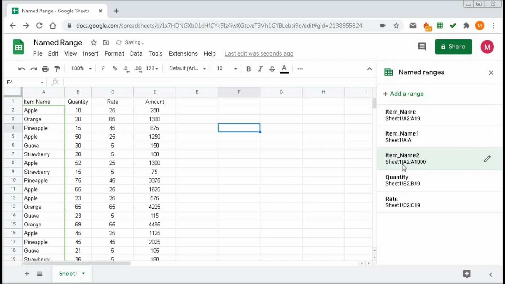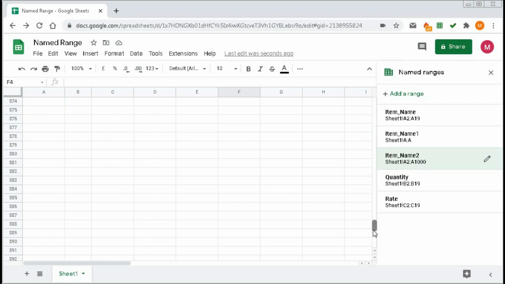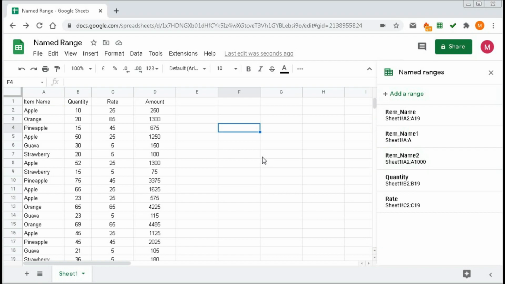You can see here on item_name_2, the range has been selected from A2 to A1000. Here it is A1000 because we have up to row number 1000. That's why it's 1000. So we have created this static range.